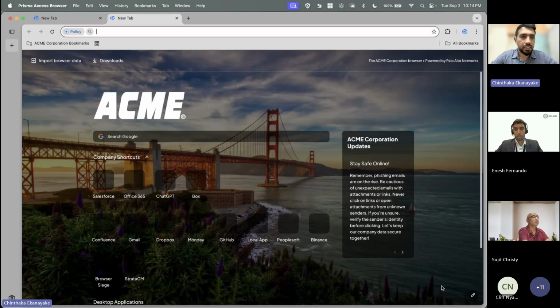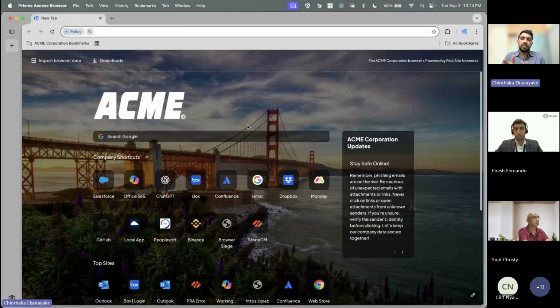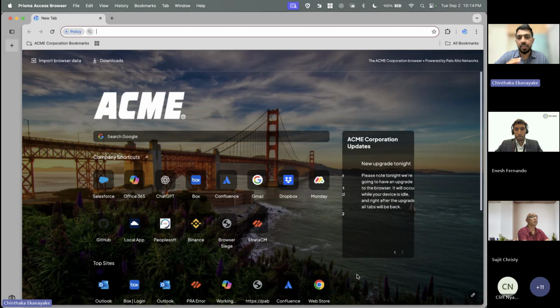Now I'll get started with the browsing. The first thing you see is that this browser is completely customizable. You can add your own logo. You can have a message, and for different teams, you can have different messages. Maybe an important message that your case has to be completed today, or there is a form that you need to fill and submit. Maybe a different set of users has to do something. Or there is an important upgrade happening in the office. We can send out messages like that.